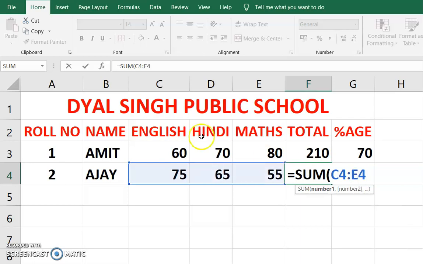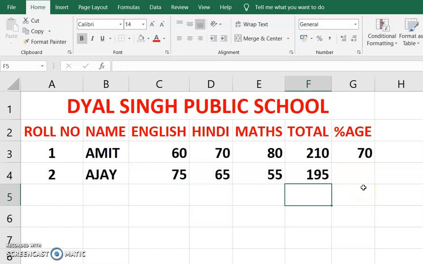So this blue line indicates from which cell to which cell you are finding the total. Now close the bracket. So your function is equal to sum bracket start C4 colon E4 bracket close. So press enter key. So in this way also you can get the total.